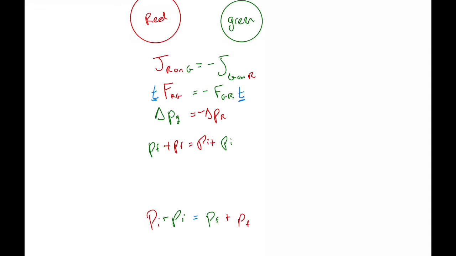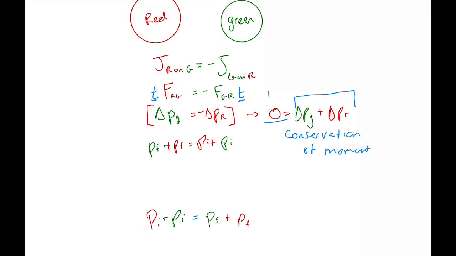Another way to write this is, picking up here, saying, okay, well, let's go ahead and add this change to the other side. So you'd have 0 equals the change in momentum for the green ball plus the change in momentum of the red ball. What this is saying is that the total system, which is both balls together, has no external impulses. They apply an impulse on each other, but when you consider them as a whole, there is nothing outside applying a force on them. Therefore, the momentum of the entire system is conserved,